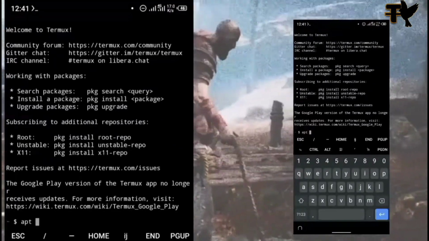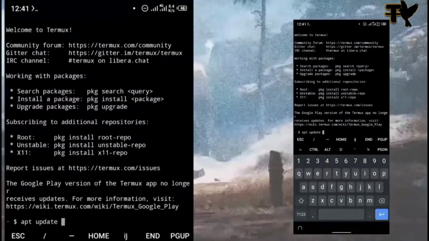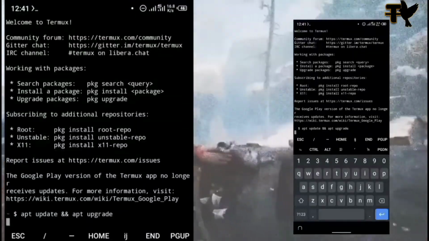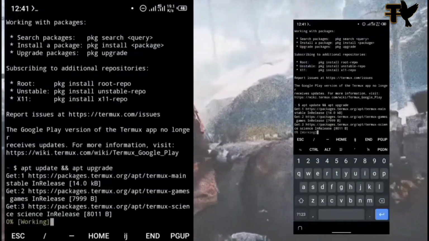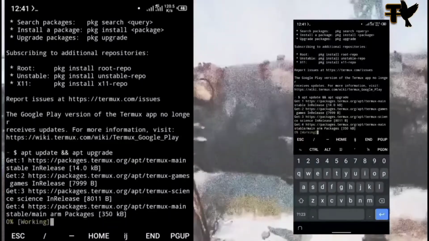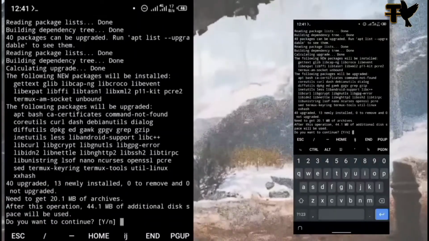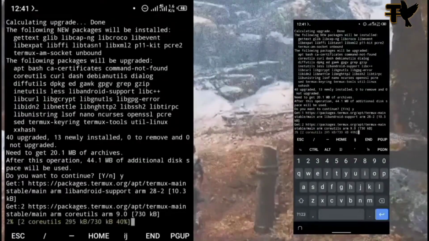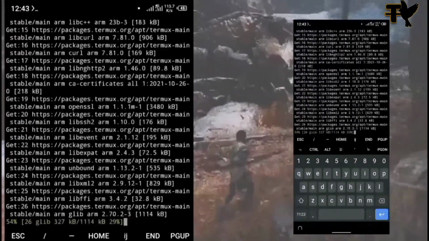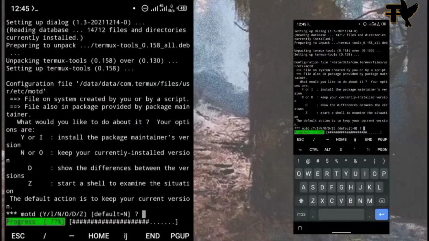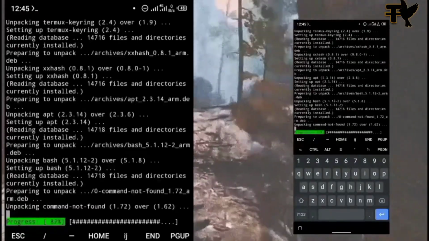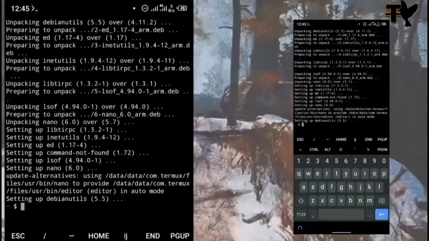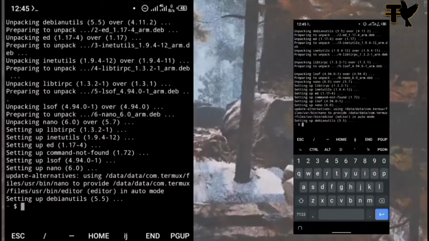So I am going to type the command apt update and apt upgrade right now. This command is used to update all the packages and dependencies on your Termux. So you're going to type yes, just like I told you, and you're going to click enter. Now after update and upgrade, the next command we're going to be looking at is the